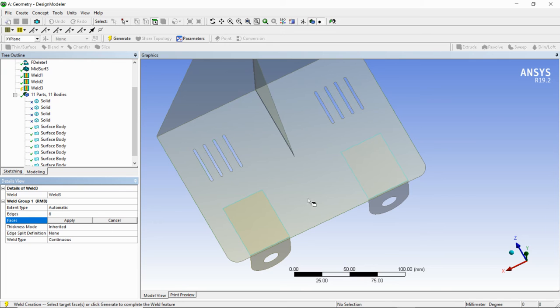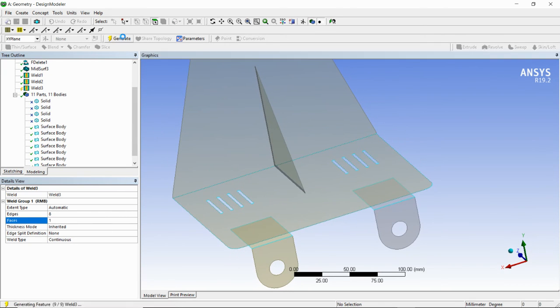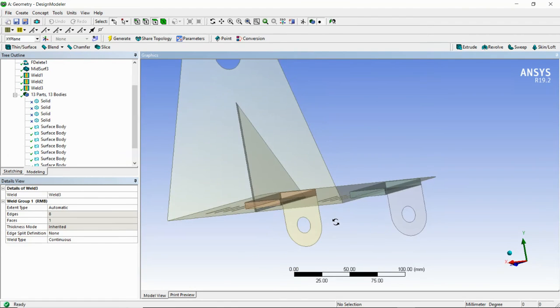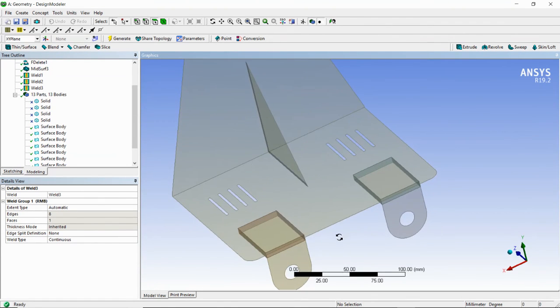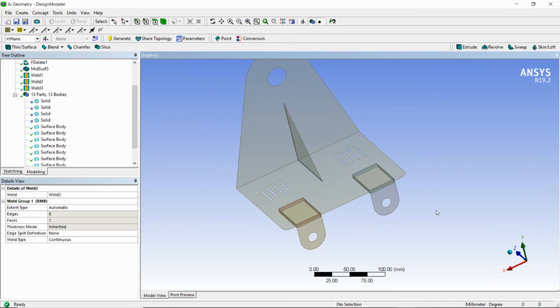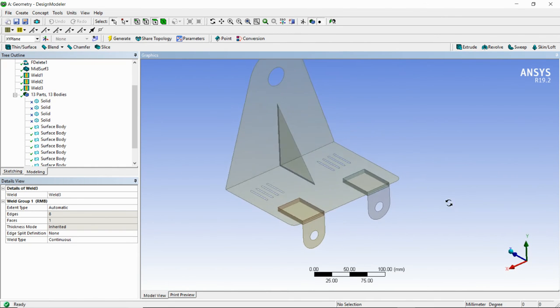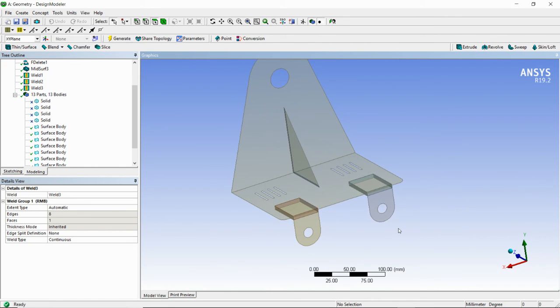Apply, and for faces I will select this face, apply, and then generate. Here you can see this is attached now. So all the mid surface is created now.